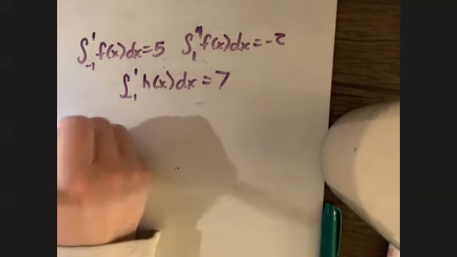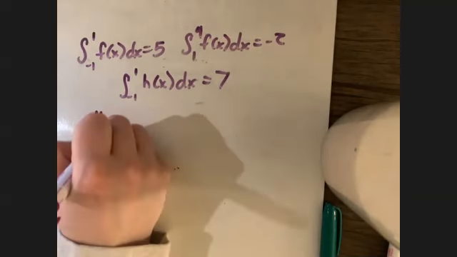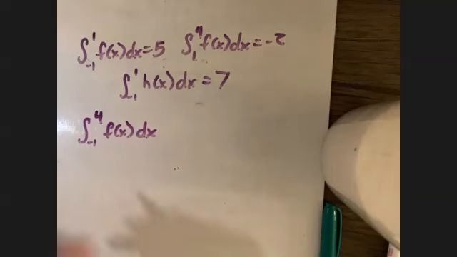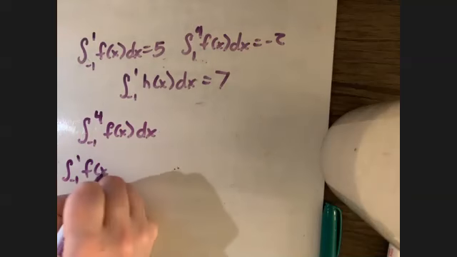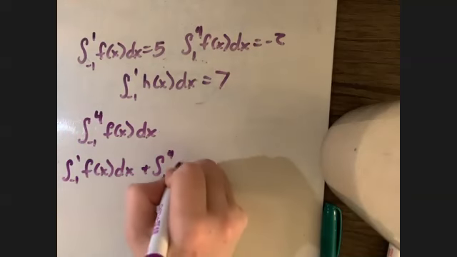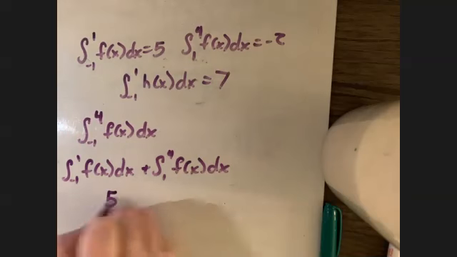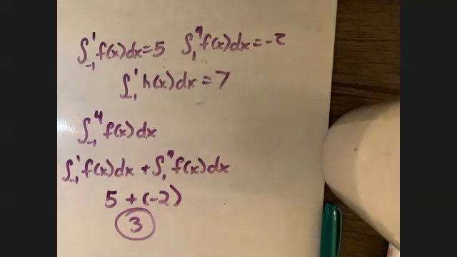Okay. And the last one for this set is they want us to go from -1 to 4 of f of x dx. And this is where you're going to see that we're going to split this. So this is going to be the integral from -1 to 1 plus the integral from 1 to 4. Okay, so this is 5 plus -2, which is going to be 3. Okay, now,